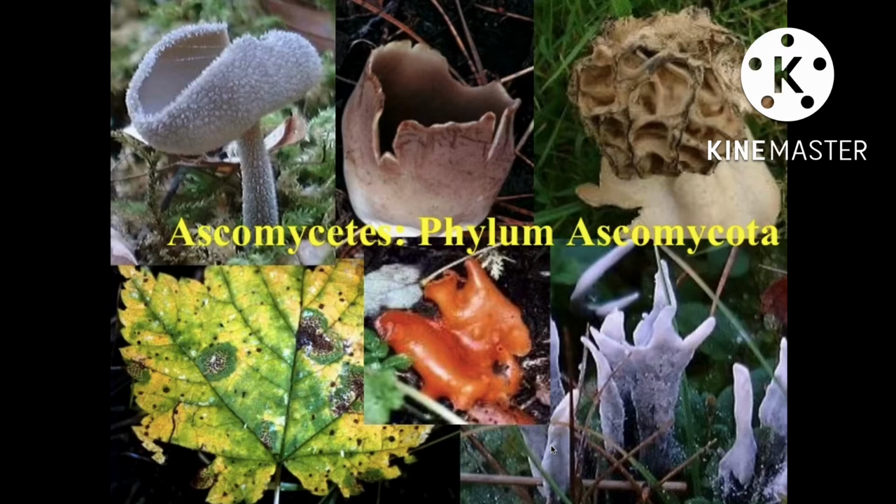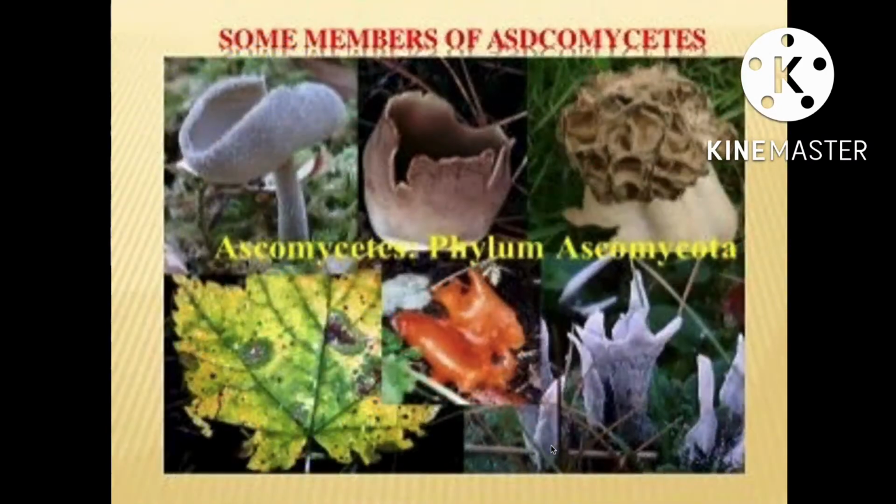Most of them are terrestrial and occur as saprotrophs or as parasites. The parasitic forms are responsible for several diseases in plants, like powdery mildews, ergots, etc. The discovery of the sexual stage, which is known as the perfect stage, of some imperfect fungi, that is Deuteromycetes, has shown that they belong to Ascomycetes.